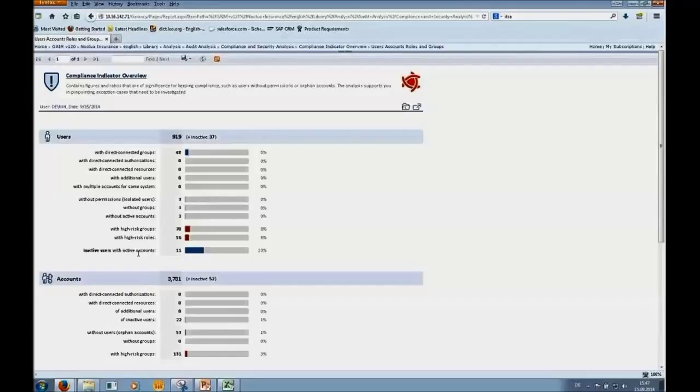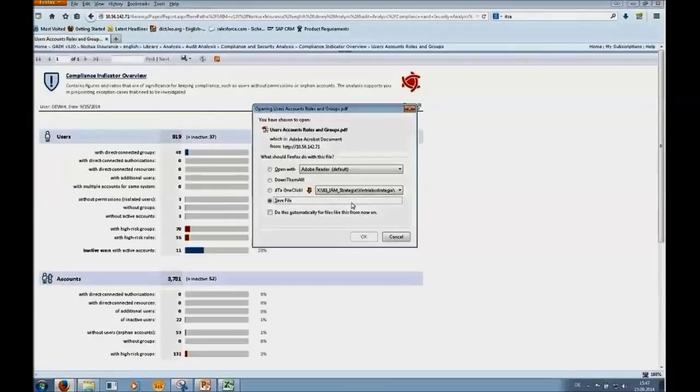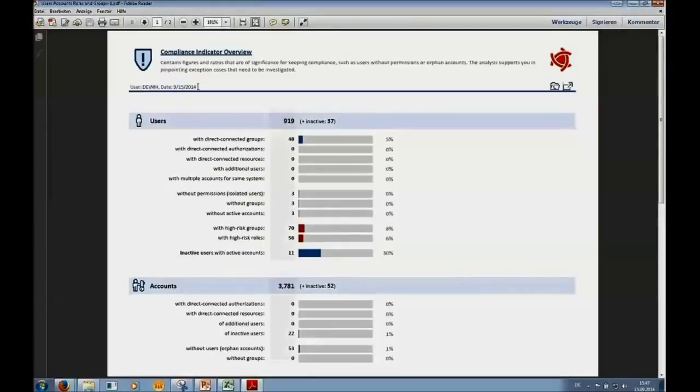So this information itself is already a report that you can compare this compliance indicator on a daily, weekly, monthly basis about the trends, if the number is growing. If you're asking if this is a report or a GUI, I can say it is both. So you can easily go in here and say, I want this to be exported as a PDF, for example, so that you can open that and you have this with a timestamp and in a standard data format